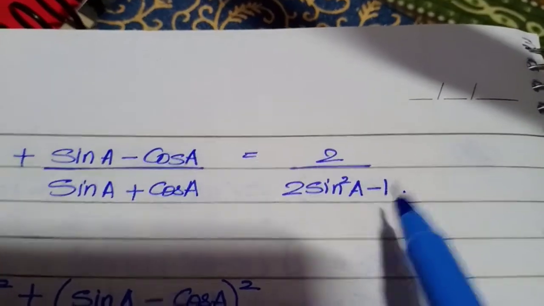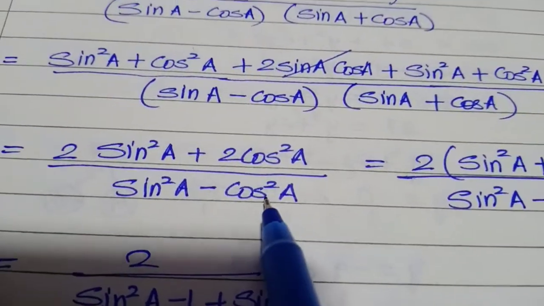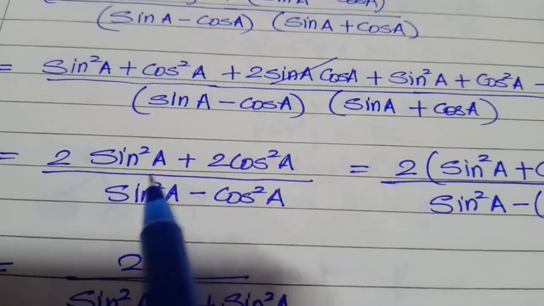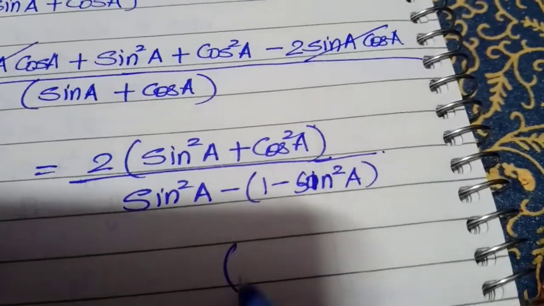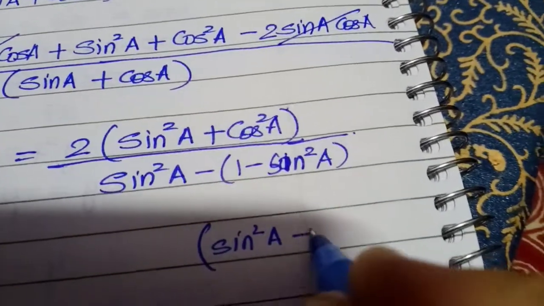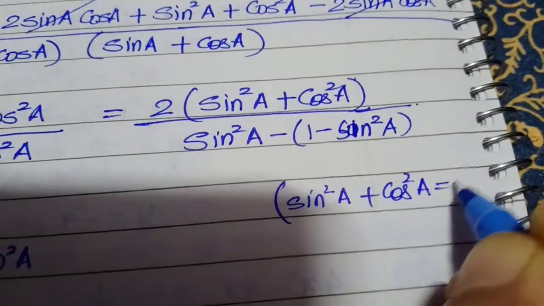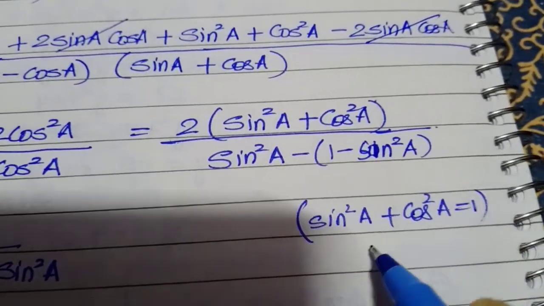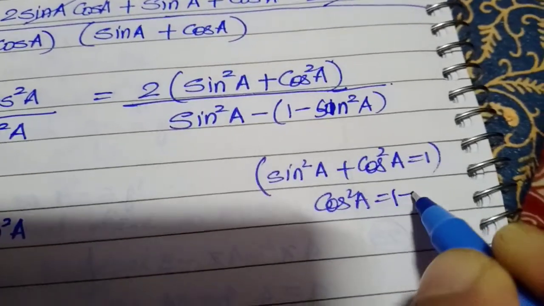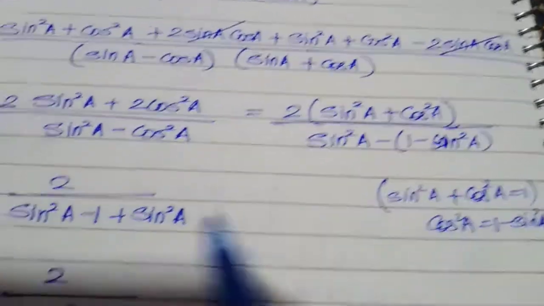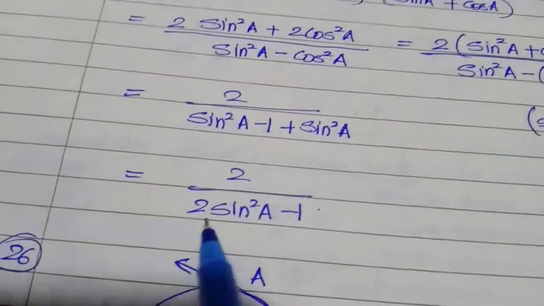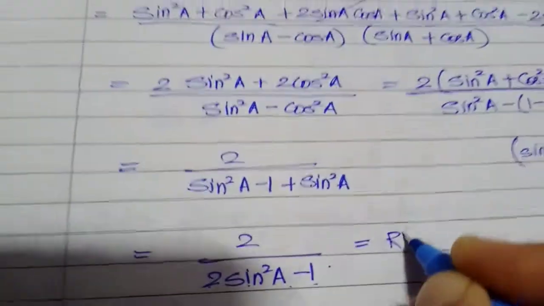But if I see the RHS, there is no cos term, whereas I am getting a cos term here. That means I have to remove this cos and convert it into sin. So cos के जगह पे मैंने ये लिख लिया, because we know that sin square A plus cos square A is equal to 1. So instead of cos square A, I am going to write it as 1 minus sin square A. I have used an identity here. So this becomes -1 and minus minus becomes +1. It becomes 2 sin square A minus 1. This is what it was. So equal to RHS.